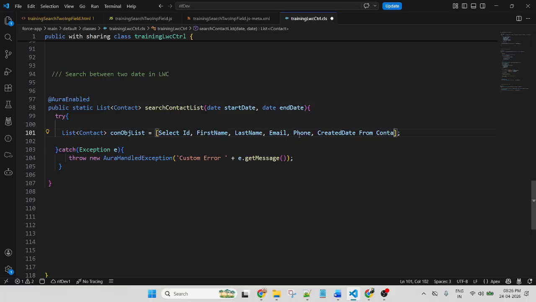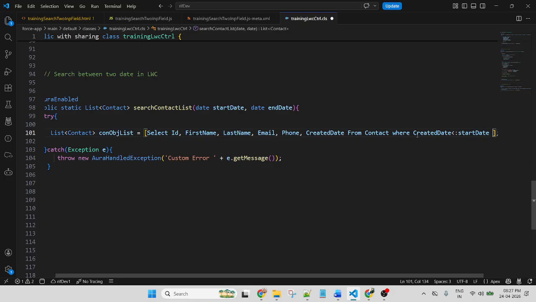From Contact. After that, we use a condition, where. What is the condition? If CreatedDate, that means if the created date of the record, is greater than colon. After the colon, pass the parameter, so that we can pass the value. So after the colon, always pass the variable.